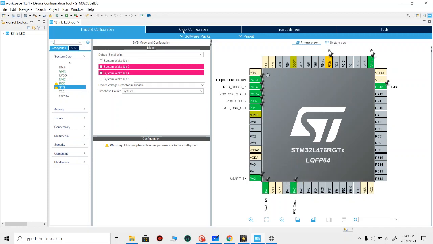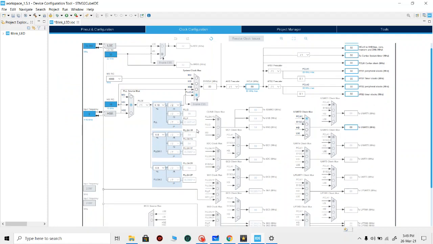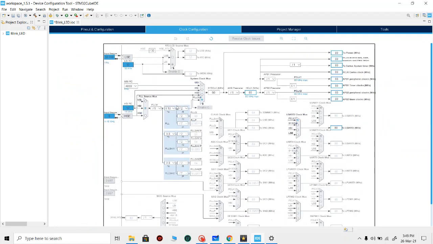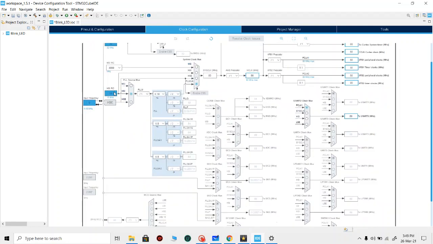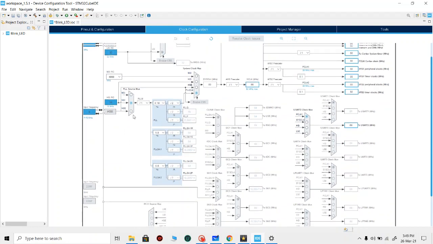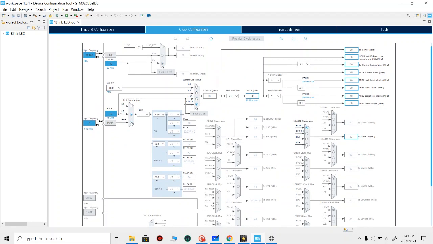And now we'll move on to clock configuration. So this is your clock tree, as you can see. These are the two main inputs, which can be a crystal or an RC oscillator, which is 32.768 kilohertz. Generally it is used for timing requirements in RTCs. Next is your 8 megahertz, which is the high speed internal oscillator. And then you also have the provision of the external crystal that we are using. So we will use that HSE,